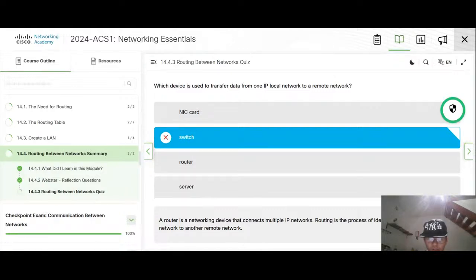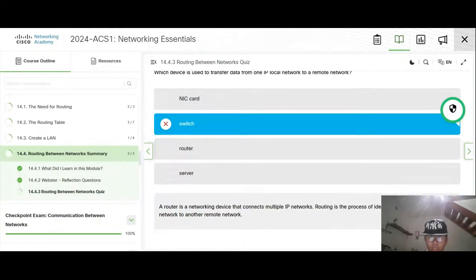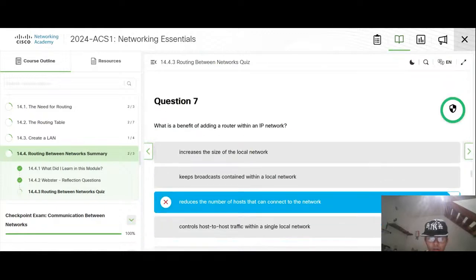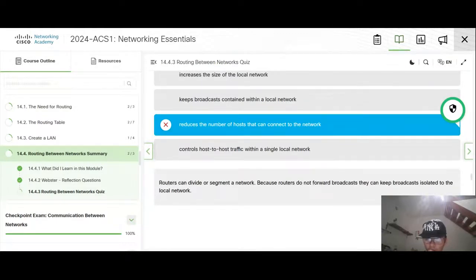Router, okay. Keep broadcast content within the local network.